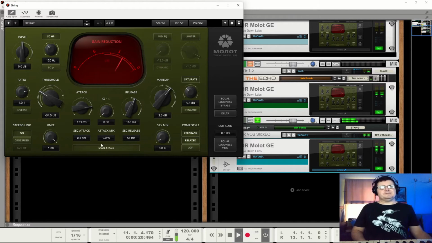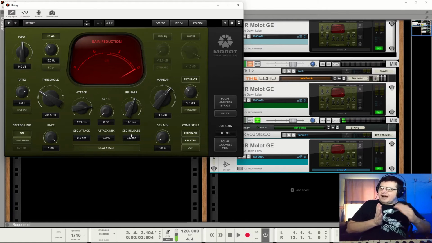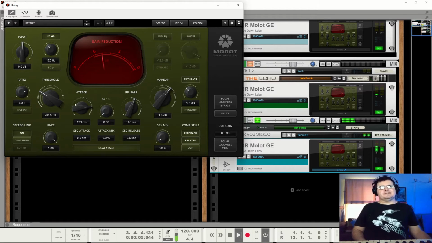So it allows us to set quite a long time. So it means that it will move up to 600 milliseconds on its release. Hear how that's smoothed out tremendously, even at, well, not very kind settings.